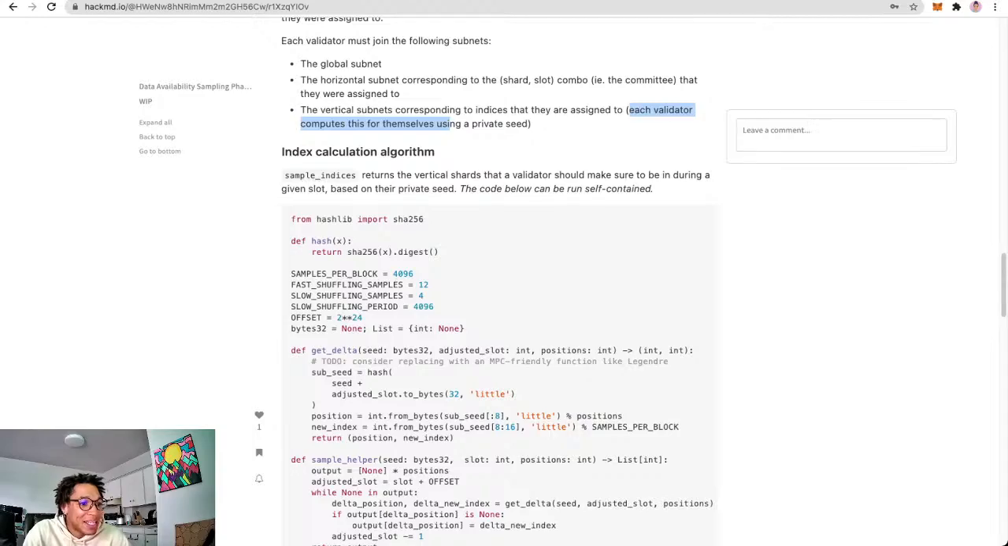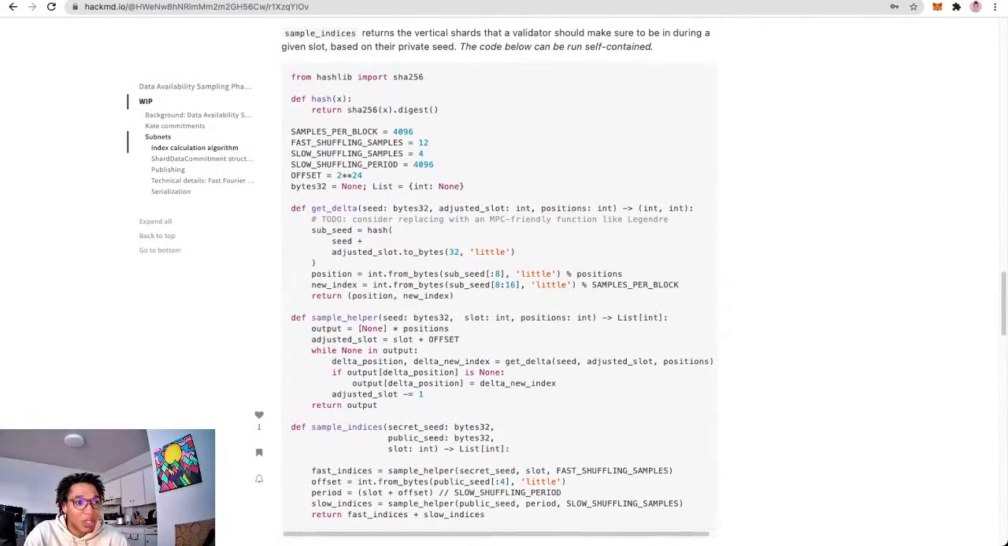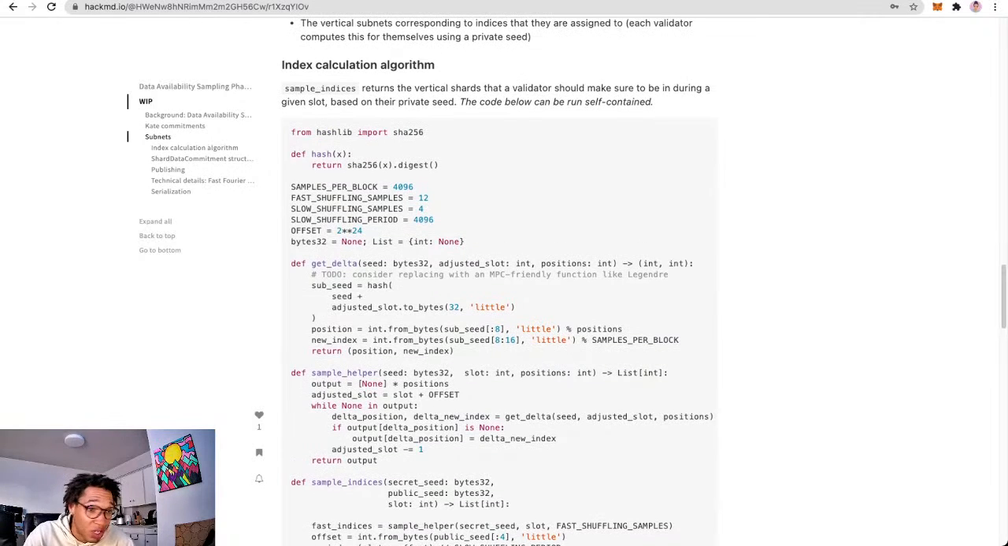So the index calculation algorithm, this is going to be fun to read through. But let's read through it, because the only way to understand these things is to just read through them and try and understand at least 1% of it, and then next time 5% of it, and then one day I might understand like 95% of it. But anyways,